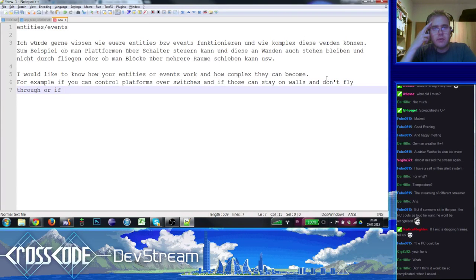Okay, so the last question I think I can answer very quickly. If you can move blocks over several rooms, that's something that we have to hack essentially. I decided for the engine from the very beginning that each map is separate, like entities are not shared among maps. That's one limitation I decided on from the very beginning because it just keeps things simple. If you try to share entities among all maps, you have to consider things among all maps, and this will just make things much more complicated.